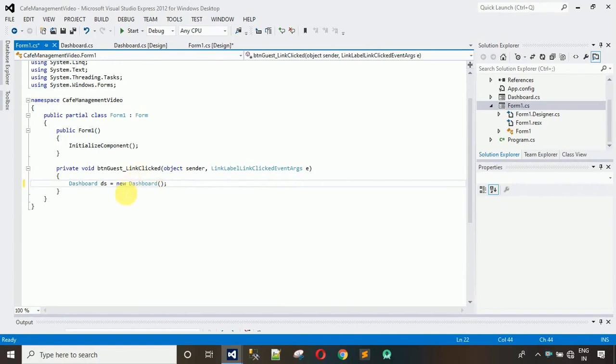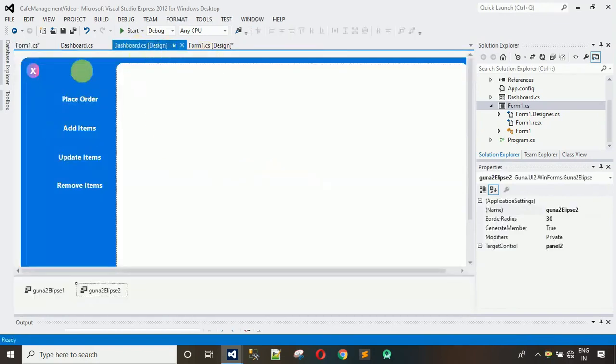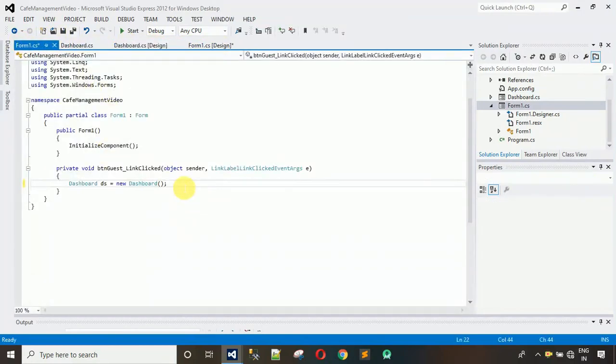This dashboard is actually the name of this one. Okay, so if you name something else while you're creating a new form, you have to mention that name over here. And after this, what I'm going to do is I'm going to pass some text inside this, nothing but guest. This will show an error for now. I will explain to you why it's showing an error. So ds.show,